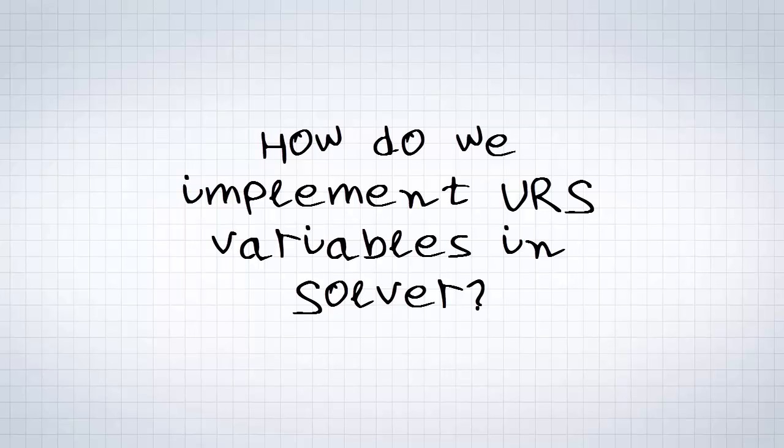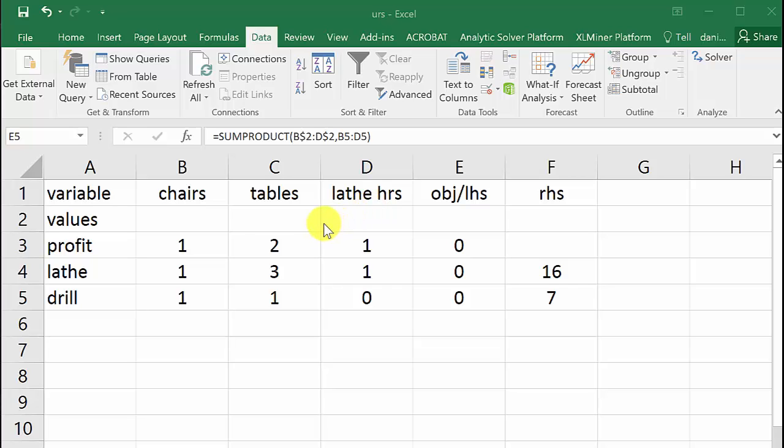Okay, here we are in Solver again in Excel, and we have added a slack variable to our original problem, where we were making $1 per chair and $2 per table. This is the lathe constraint, this is the drill constraint. We added an extra column for the lathe hours, which is x3, the slack variable, 416. And then we have $1 for every spare lathe hour. So now we're going to go to Solver,